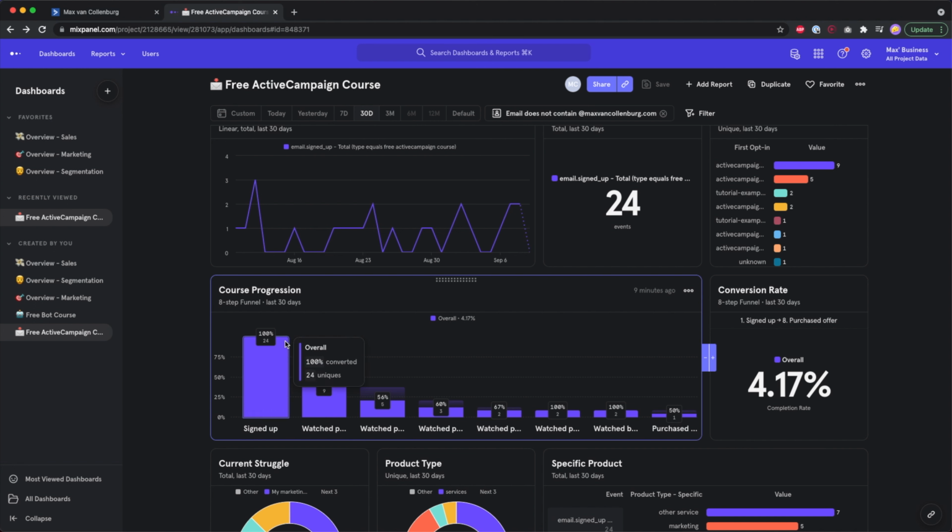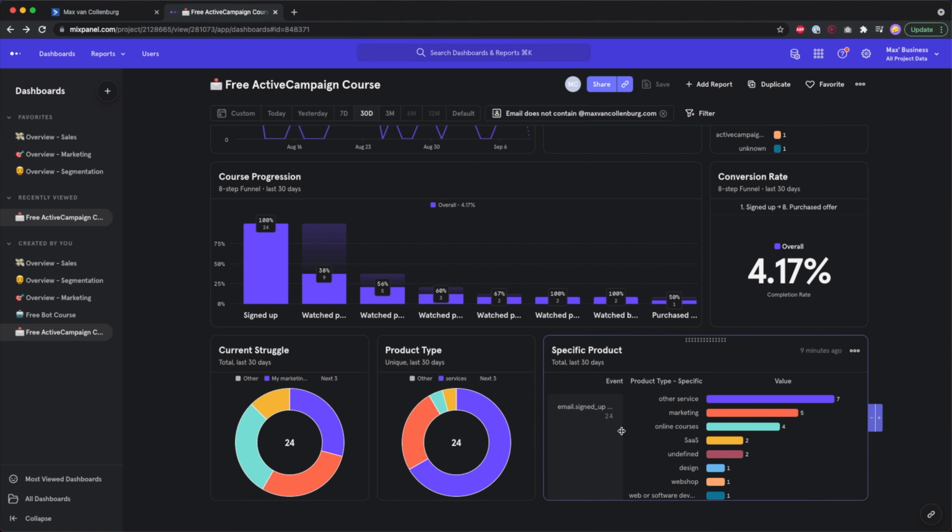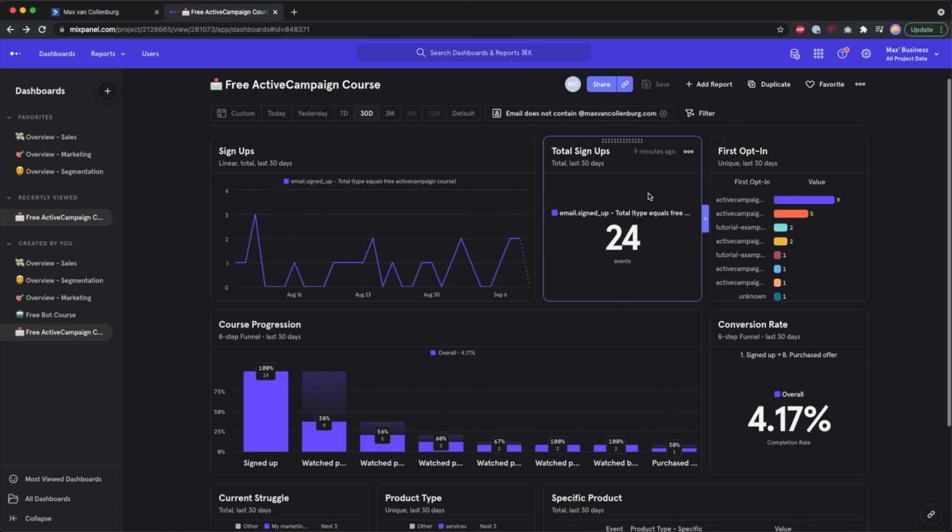But then I could, for example, see, oh okay, I probably have to do something different there to make sure that after people sign up, they go to the lesson quicker and maybe don't have to wait for an email to get the lesson. So that could be smart. And over here, I also have some segmentation data of what people are, for example, selling that are following this free course. So all kinds of useful data. And I would love to see this inside ActiveCampaign, so that I do not need a rather complex tool like Mixpanel for this. So yeah, that's just one of the things I would love to see improved.